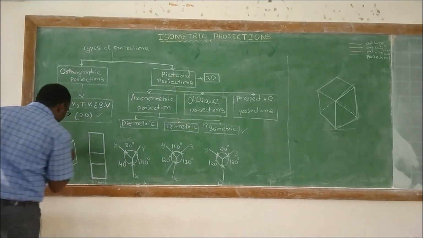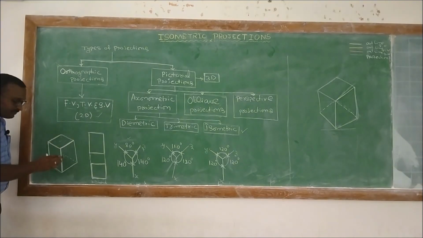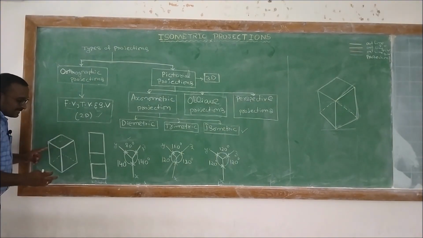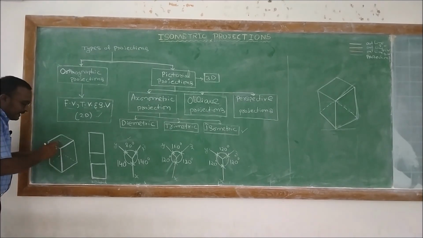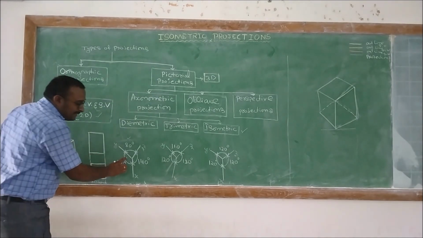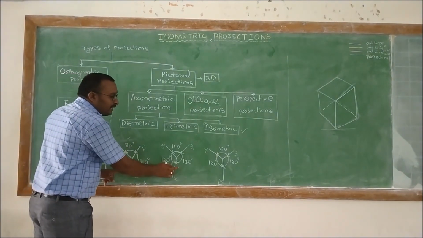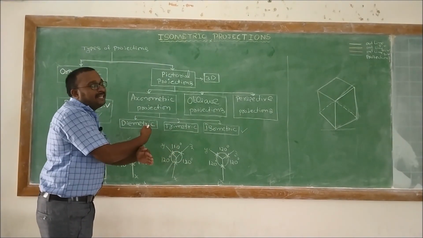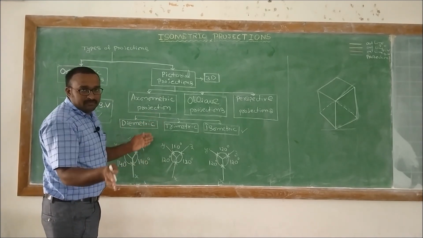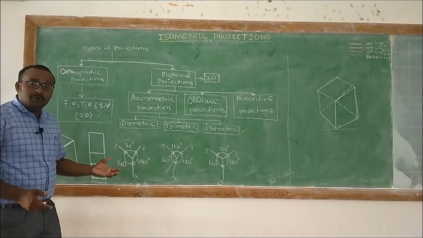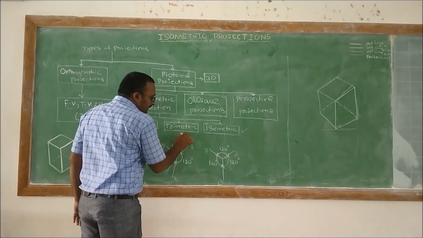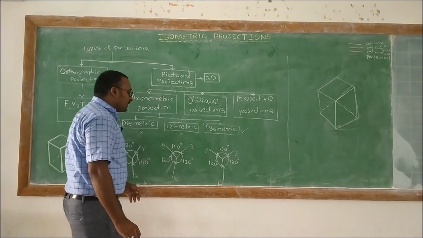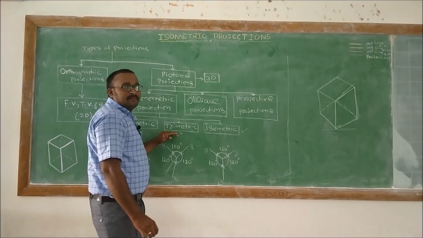If the angle is equal for all the axes, then it is quite easy to identify what face it is. If the angles are not equal, then a few lines may intersect with each other, and a few lines may be far away from each other, so we may not be able to identify what component it is. So dimetric and trimetric are not used for engineering drawing methods.